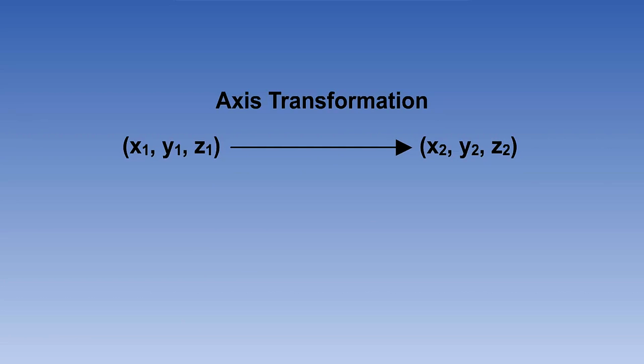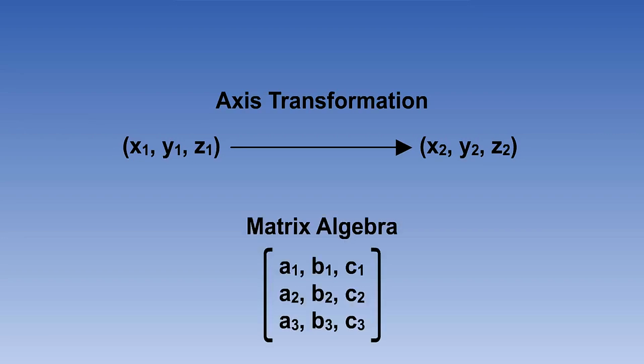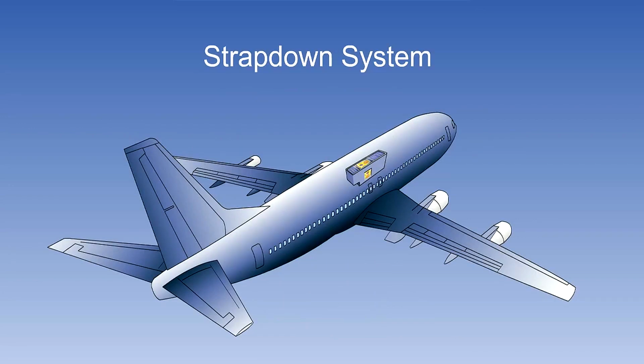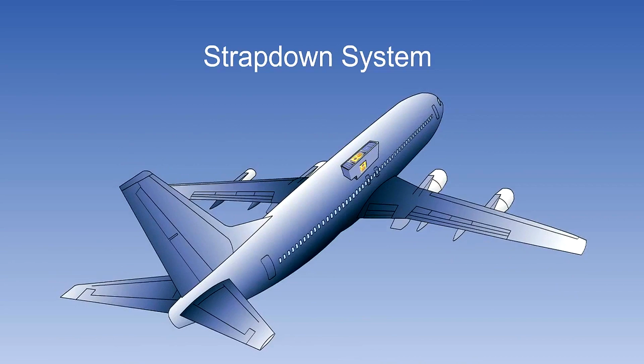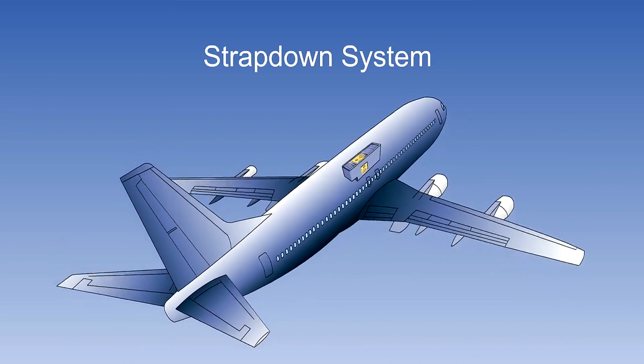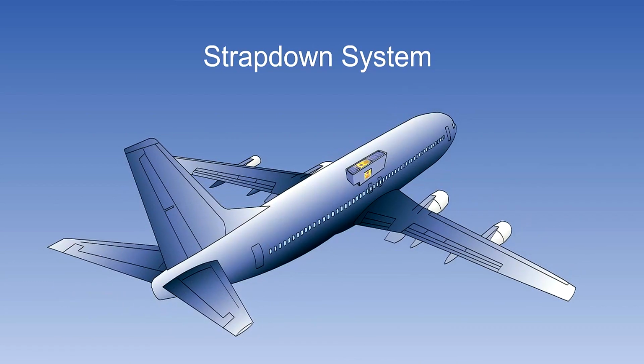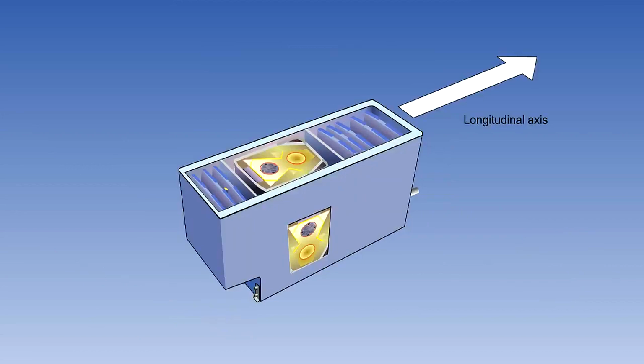The advent of powerful rapid computers makes it possible to carry out these transforms so quickly and frequently that the system is effectively working in real time. The computer makes use of the technique of matrix algebra, which handles these many complex equations very rapidly. With our computer, we no longer need a platform. We can have the gyros and accelerometers attached to the airframe and maneuvering with it.